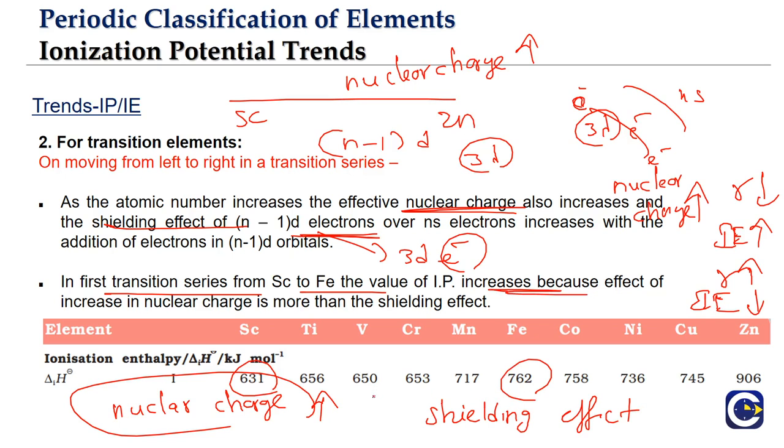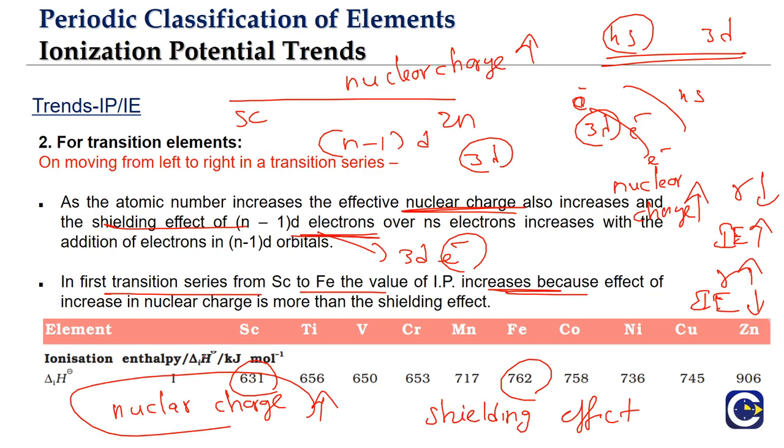But here we may have some variations. The abnormalities in the transition and then inner transition elements are very common because of the energy considerations of the 4s level and 3d level. Particularly we are talking about the 3d series. That is why we are discussing the 4s and 3d. 4s and 3d will have almost comparable energies, and the removal of an electron would sometimes result in rearrangement of the energy levels. That is the reason why we have some abnormalities coming.